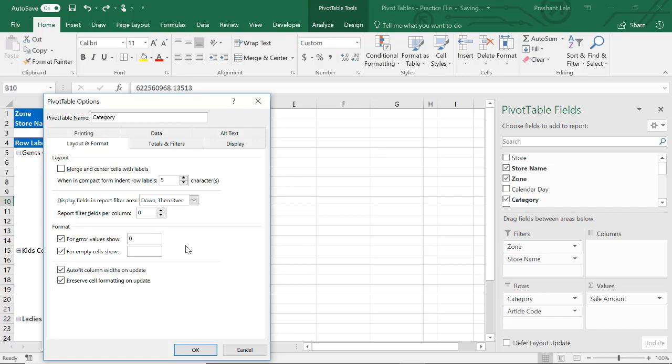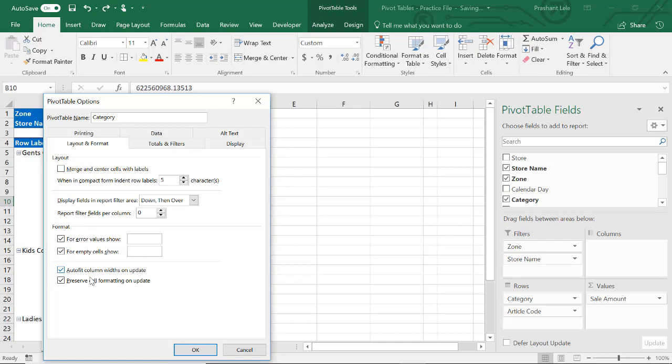If there is an error, it will show 0. Then for empty cells, you can write 0. So instead of showing blank cells in your values area, Excel will show zeros there. Or maybe you can say no data. Anything you can mention here.